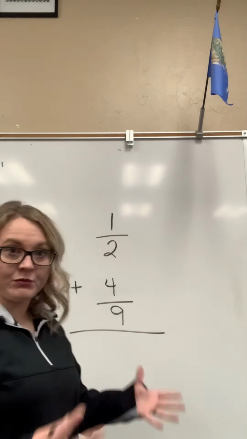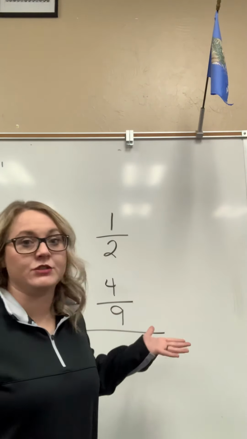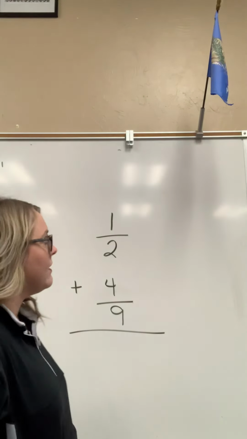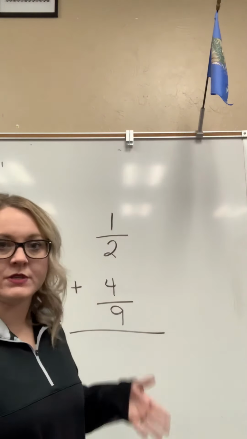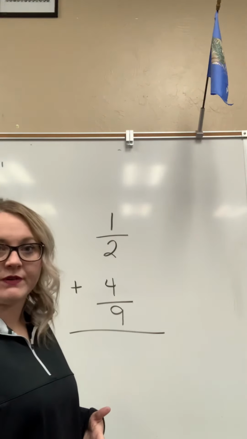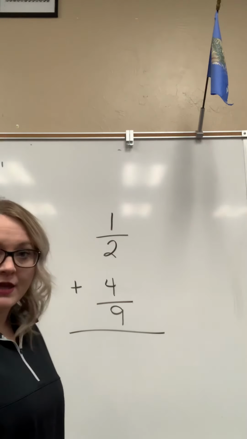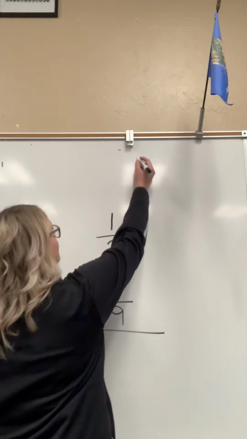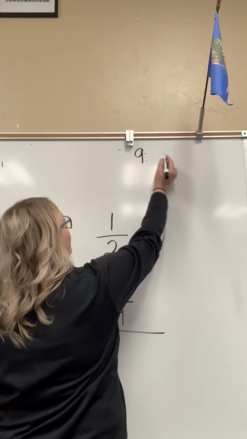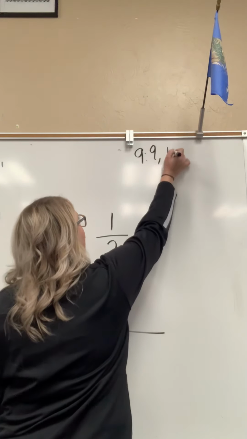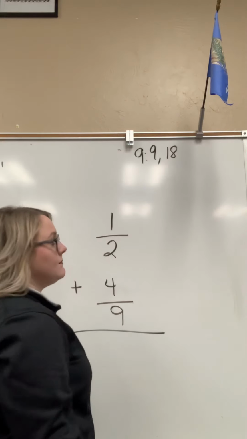Now, if you're pretty good at your math facts, you may be able to just know that, okay? But if not, we write out our multiples of 9 and our multiples of 2 until we find the least common multiple, the smallest one that they have in common. Okay, so my multiples of 9 are 9, 18. And again,